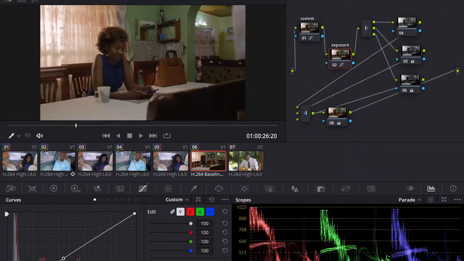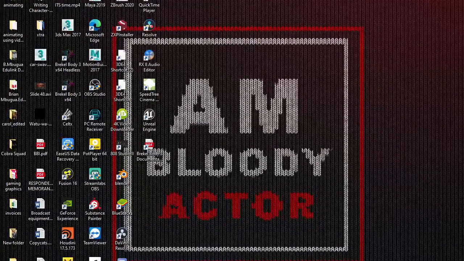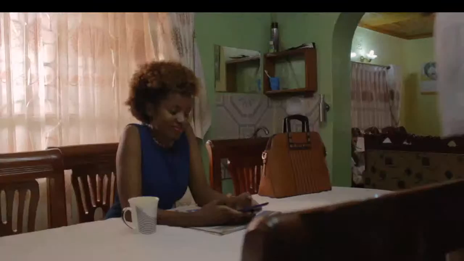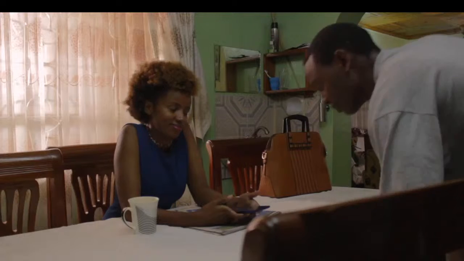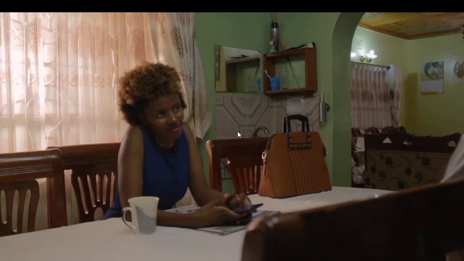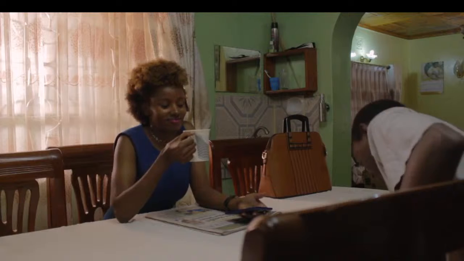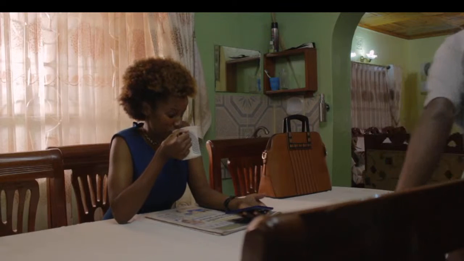Because you see, I'm looking at the parade and you can see the colors are not that crushed. Right, so let me do a video clean feed again. Oops. Sorry. The only problem with mine is there's a lot of noise. If you notice here, there's a lot of artifacting going on. Also my camera is not as sharp and she's kind of out of focus, so I think that was a mistake on my part.